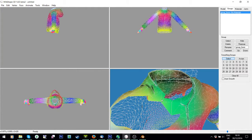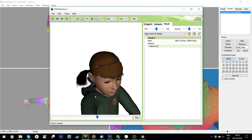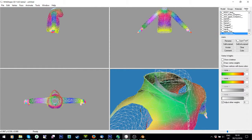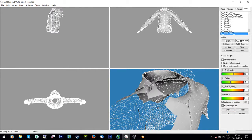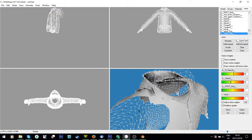So what you can either do is, let's see if I can find it. Sometimes it's really hard to find the one vert that's causing the problem. So this is relatively close to the shoulder. Guessing like here. What I'm going to do is I'm going to take this joint, show it, and I'm going to go through to, oh wait, see sometimes you select through already. Show this one. Yeah, and I'm going to assign it to this EA vert underneath, and then I'm just going to export it